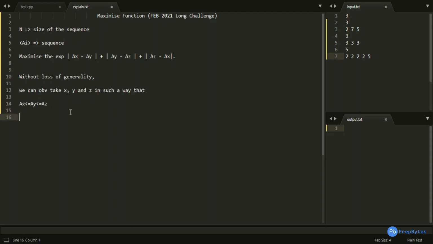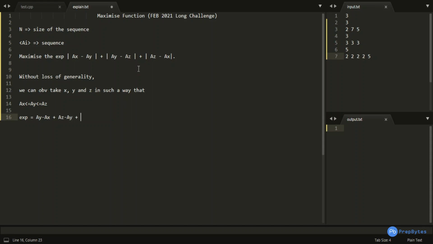So this expression would now become ay minus ax, breaking the first modulus expression, because this modulus operation will always be positive. And how will this expression be positive? If ay is greater than ax, we can write it as ay minus ax. To break the next modulus operation, we have to write az minus ay, right?